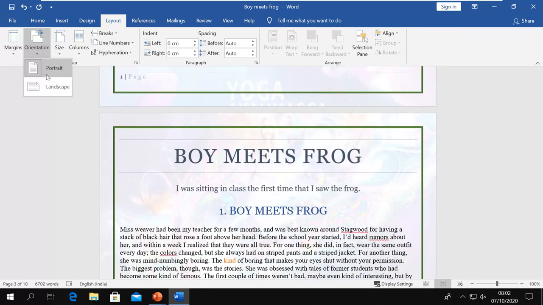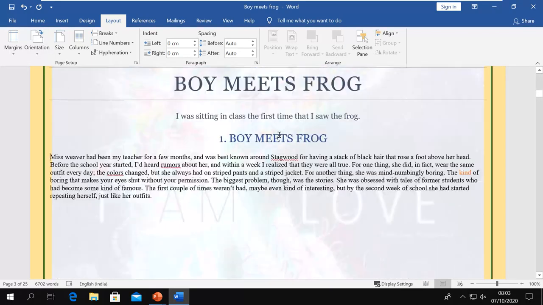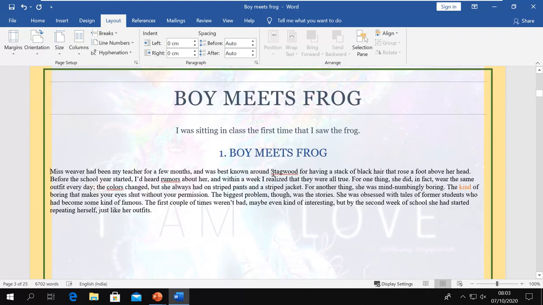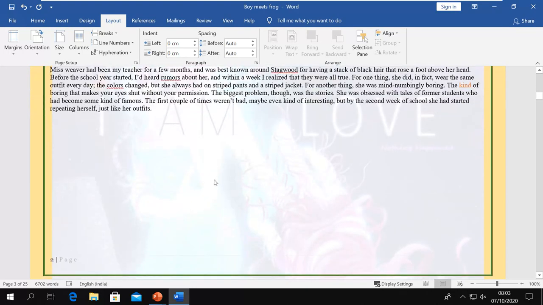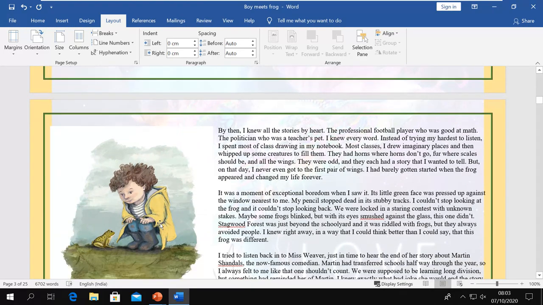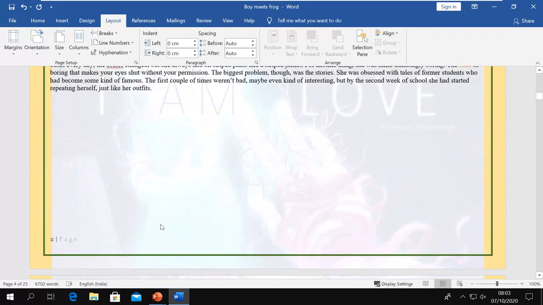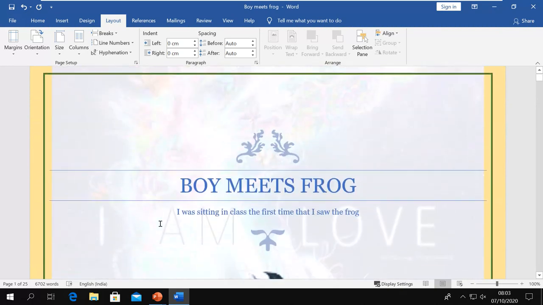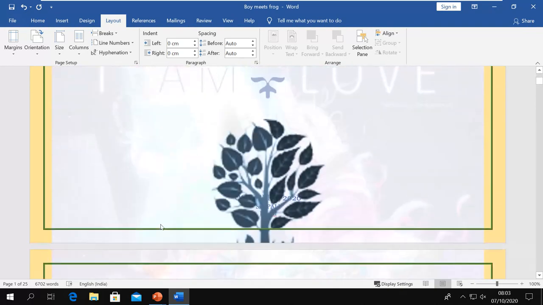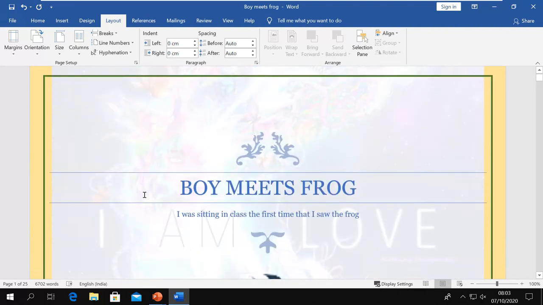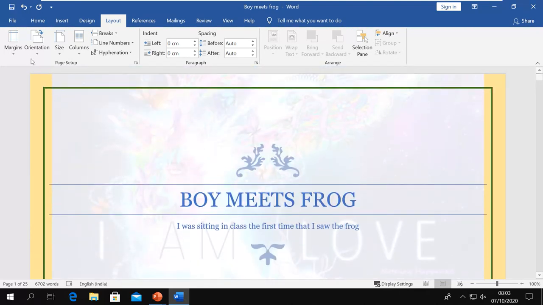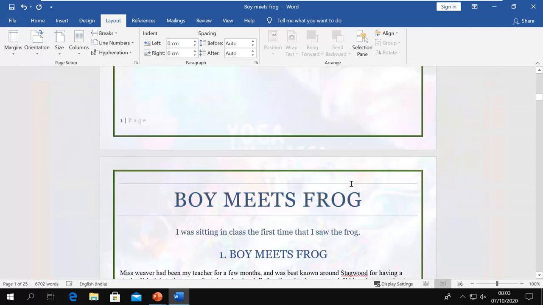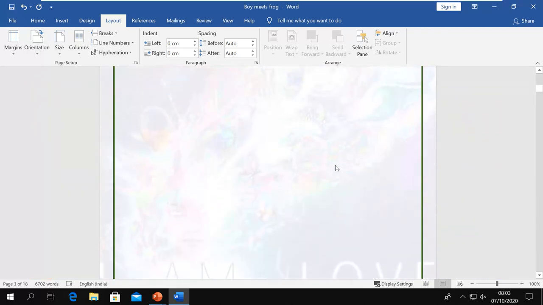Now if I try to change it to landscape, see what happens. Now you see it goes like this. Where is my image and the text? Now it is in this page. So it is misplaced. What about our cover page? It's totally misplaced. So it is better to decide this before we create the document. Go back to portrait, and now it goes back to normal.